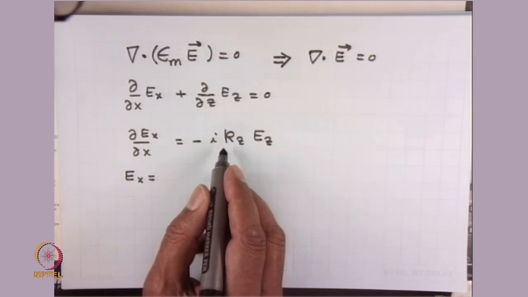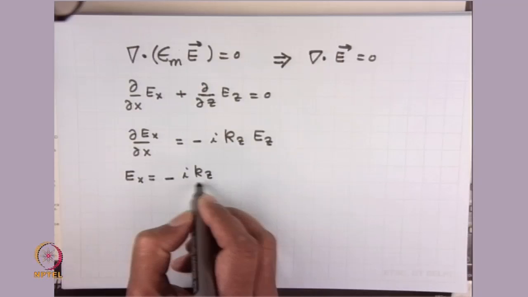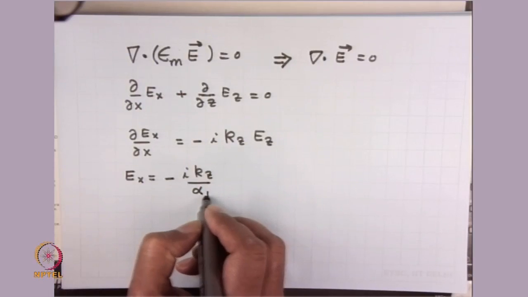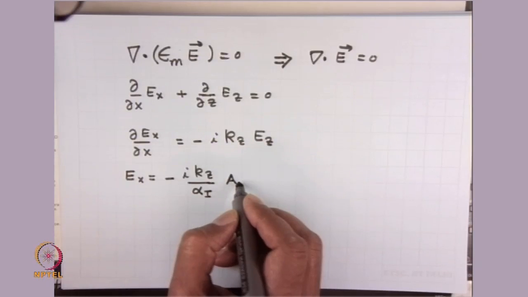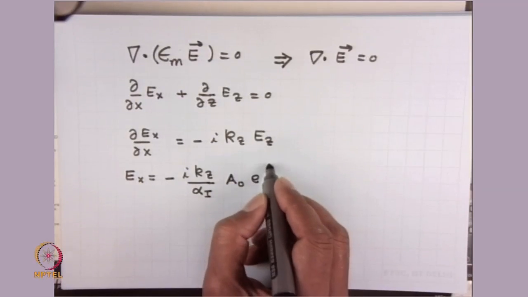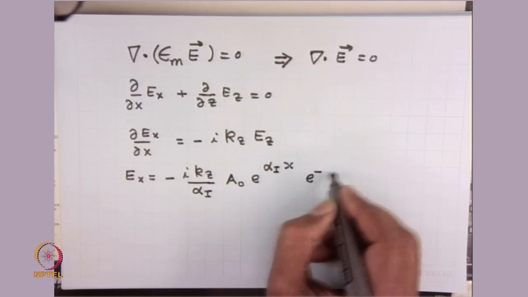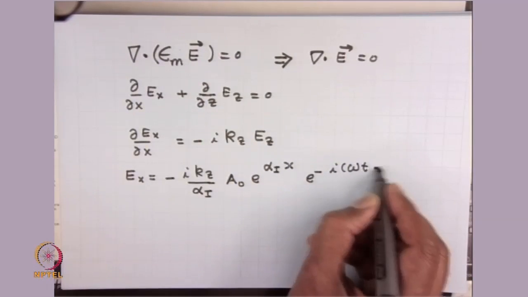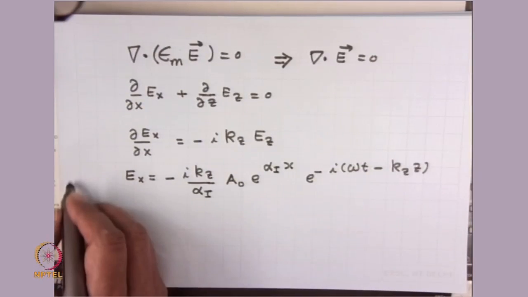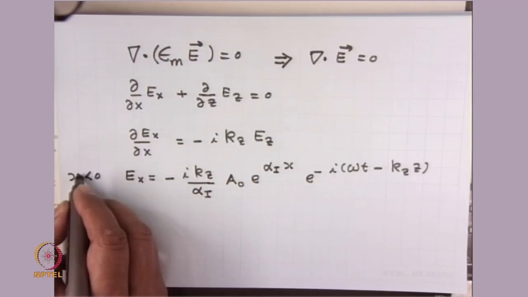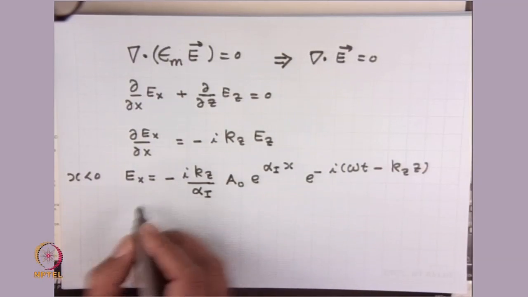in the lower medium, this will give you minus ikz upon alpha 1, and then this will be A0 exponential of alpha 1 x, exponential minus i omega t minus kz z, and this is for x less than 0. For x bigger than 0, the same thing will integrate to give you,